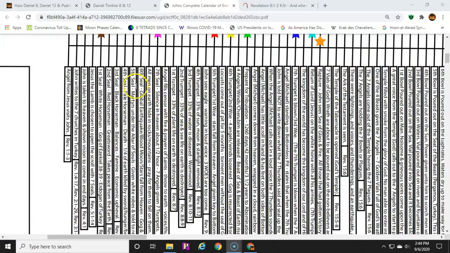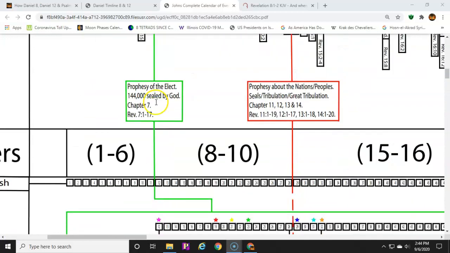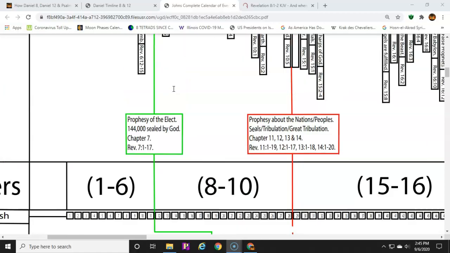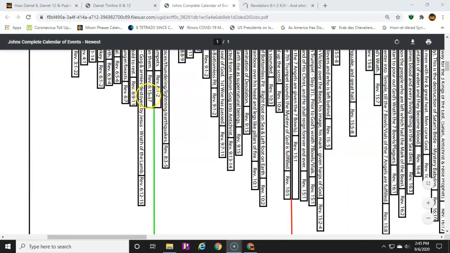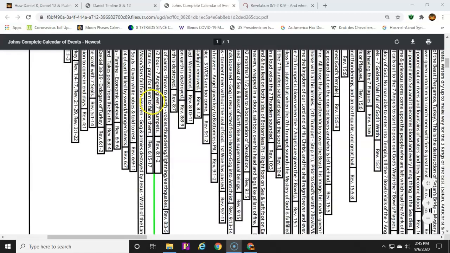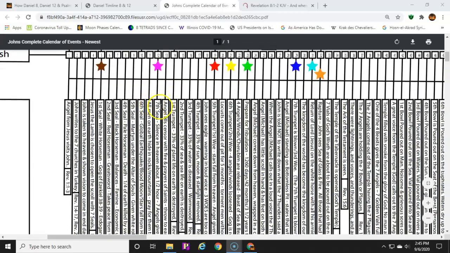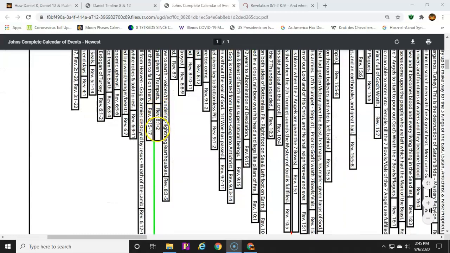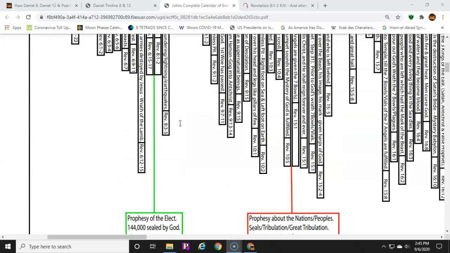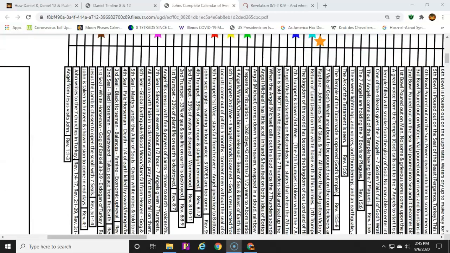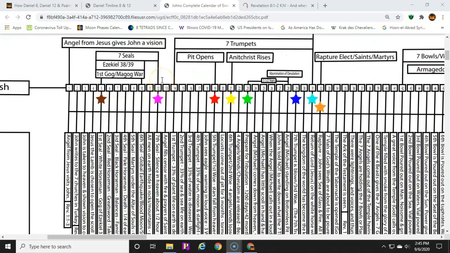And so if you look at that 6th seal, and that's what I mean by that 7th chapter is cut out. Okay, it's a vision about what's going to happen to the elect. And so when you look at the 6th seal, which is at the end of Revelation 6:15 and 17, and then you go directly to the 7th seal, which is at the very beginning of 8:1, you realize that there's an additional vision that John's having about the elect and what's happening to them. So you want to take that vision out, because it gives depth to what's going on up here, but it's not required for the main storyline or sequence of events.